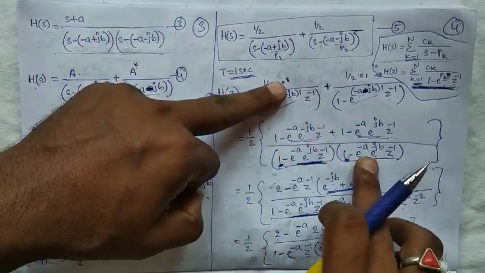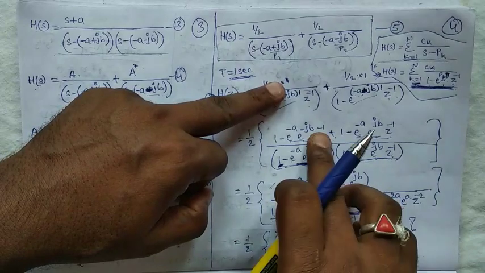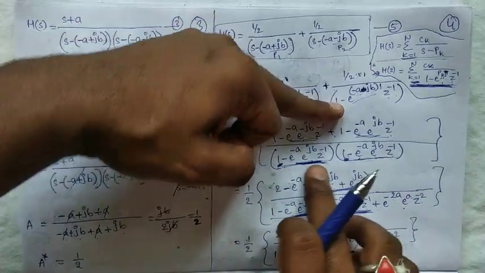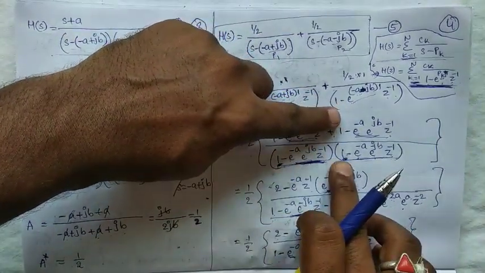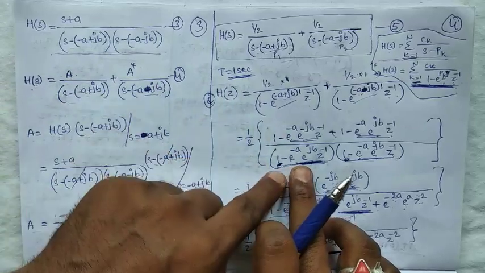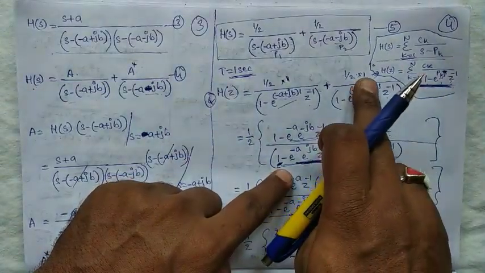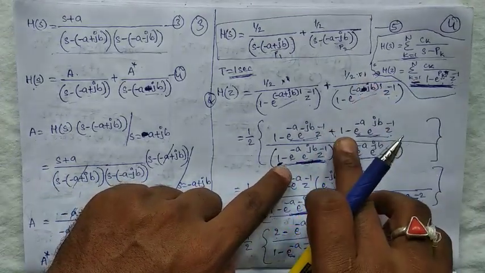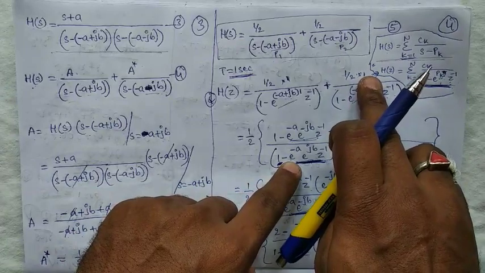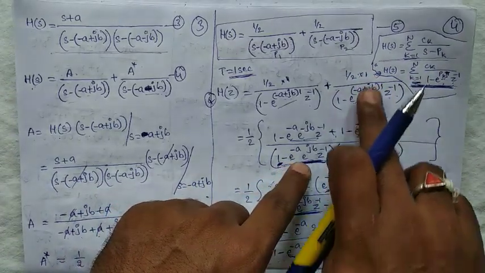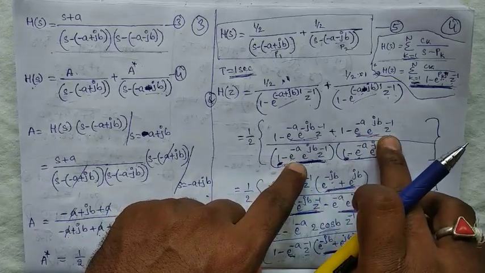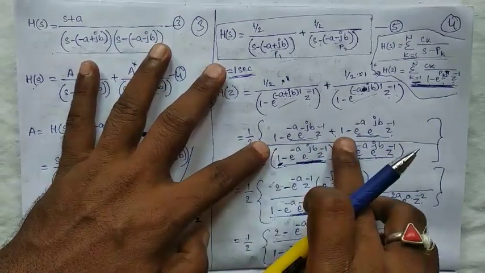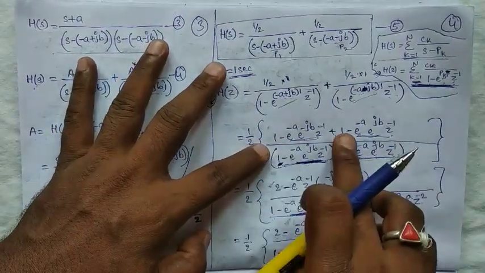Here 1 minus e power minus a e power minus jb z power minus 1, plus here we are dividing this term with this term. Here the remaining term is this term, which is multiplied with this one. Okay, 1 into 1 is 1, minus into plus minus 1 into this term, meaning e power minus a e power jb z power minus 1. Okay, here 1 plus 1 is 2. 1 by 2 is the same. 1 plus 1 is 2.